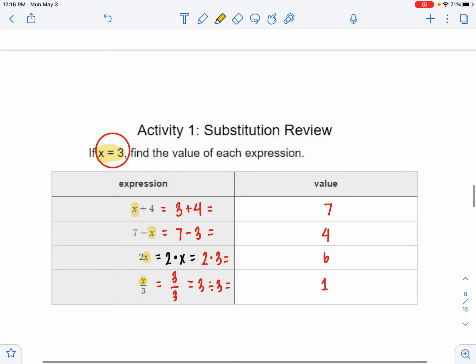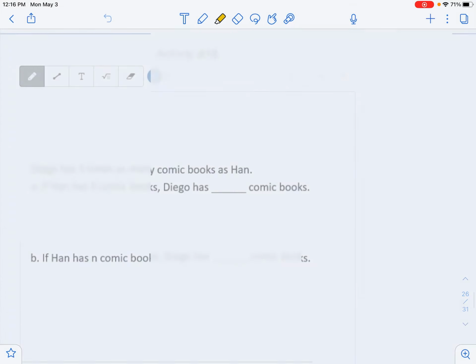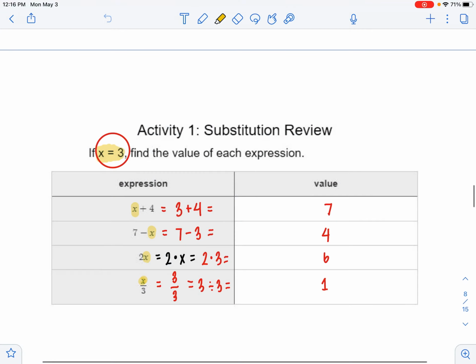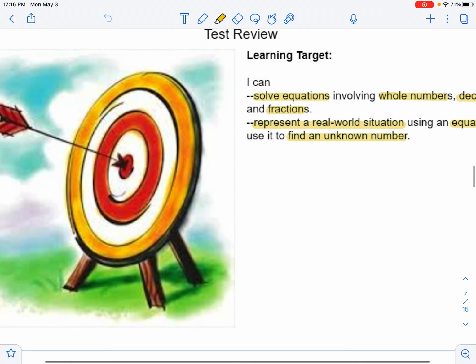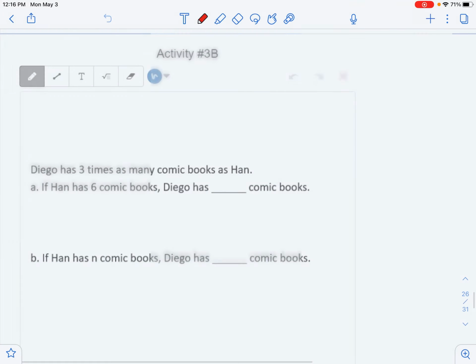The last thing I want to review in this video is something that we did last class and some classes had a chance to review. It was a question that looked like this. This is the learning target for today. Let's go back to it for a second. Representing a real-world situation using an equation and then using it to find an unknown number. So for example,